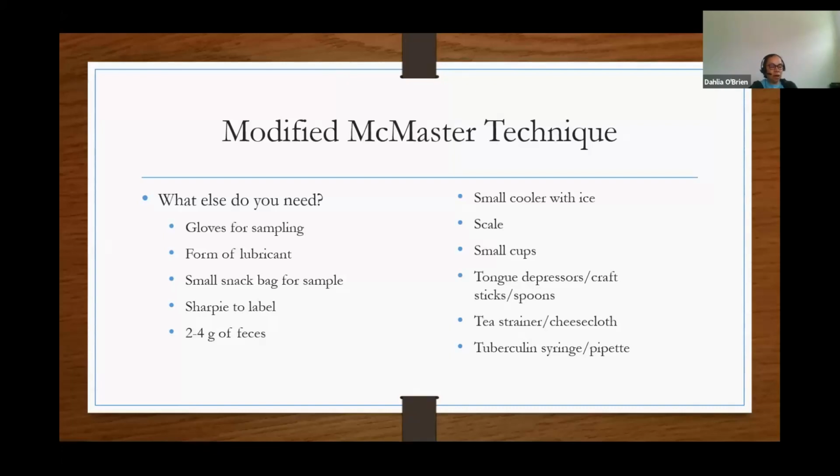You'd also need some small cups to make your fecal slurry in, some tongue depressors, because you're going to need to break up that fecal pellet. You can also use craft sticks or spoons, they work good. A tea strainer or cheesecloth to get rid of the debris so you can count your eggs better, and a tuberculin syringe or pipette so you can fill your McMaster slide